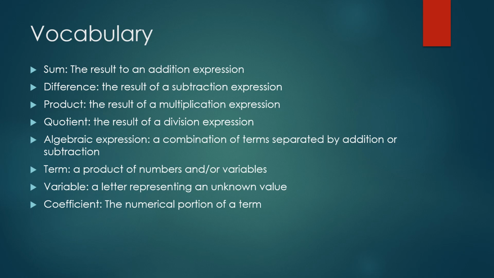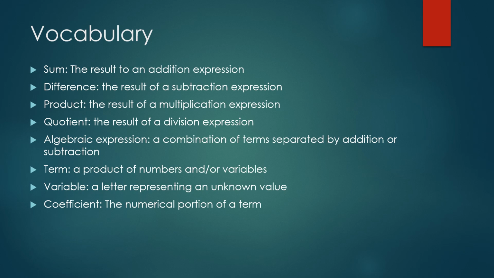Sum is the result of an addition expression. Difference is the result of a subtraction expression. A product is the result of a multiplication expression, and a quotient is the result of a division expression. Algebraic expression is simply a combination of terms separated by addition or subtraction. But again, we can simplify that by saying addition, where the subtraction comes from the fact that we have a